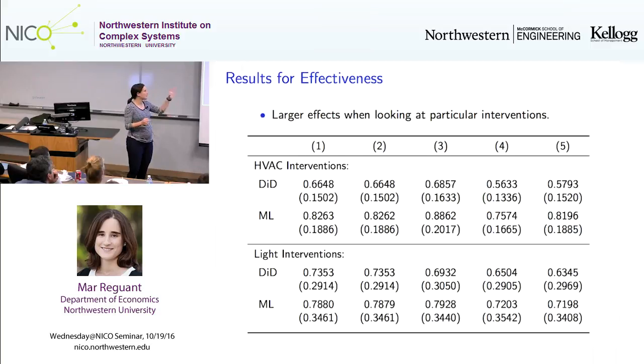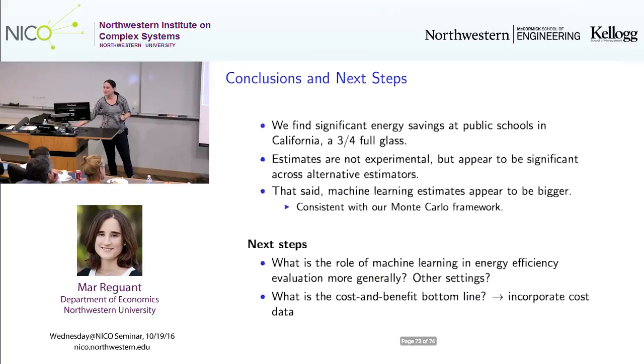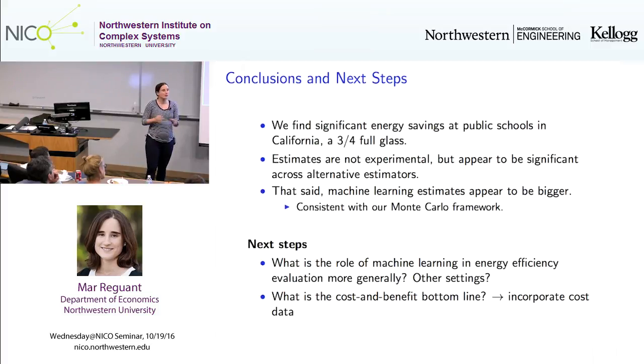One is to see how the machine learning is helping us pick up our controls and make sure we get an apples to apples comparison, but also think about measurement error in this context and see how we can help come up with the right number. As I said, compared to the literature, I would call it a 3/4 full glass. It's much more optimistic than previous estimates, but importantly, not if we look at the whole sample. So if we include all of these mismeasures and all of these outliers, we find very different answers.